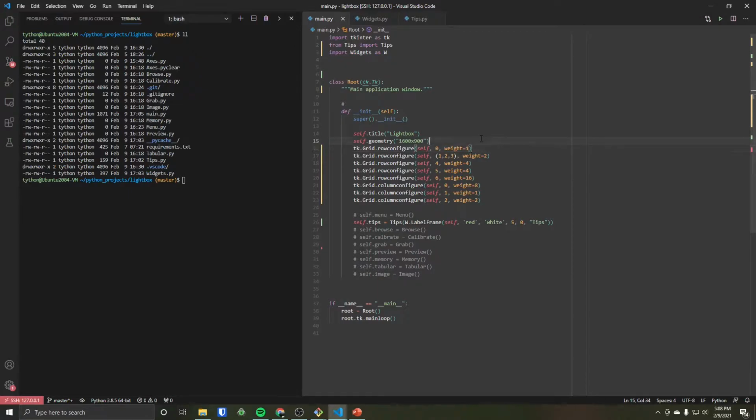And what these weight keyword arguments allow you to do is, as you resize the window, it will maintain the same proportions. So I set up row configure and column configure. And then what I did is the very first